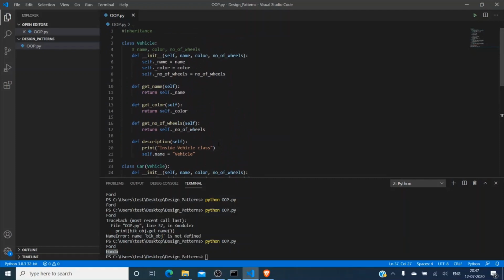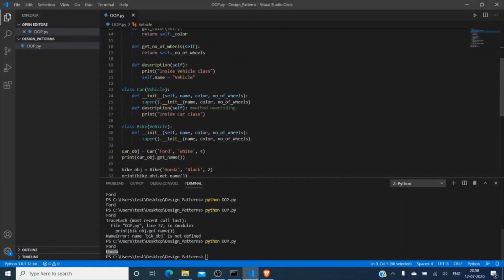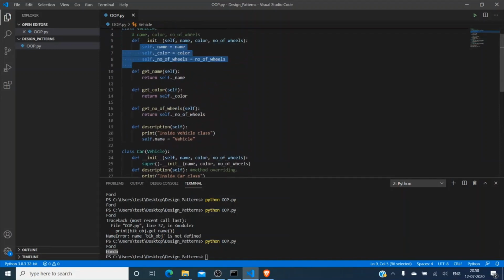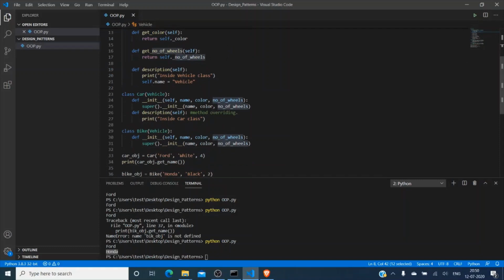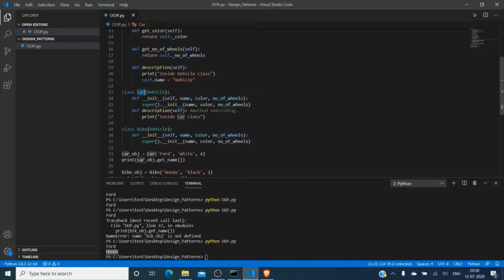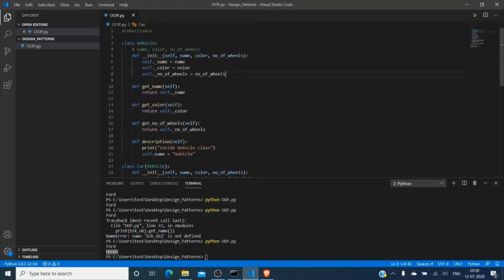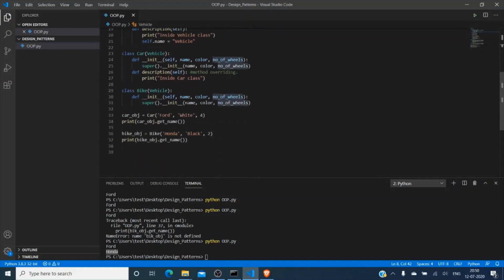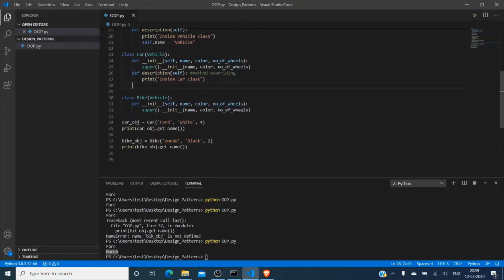So now using inheritance, we have reused this code. So using inheritance, we can avoid duplication of code, so that any number of child classes which are defined can use the code which is written in the parent class. And in addition to reusability, we can define specific methods within child class.